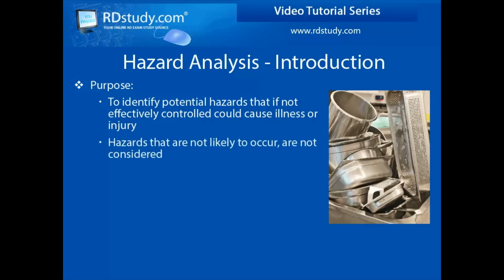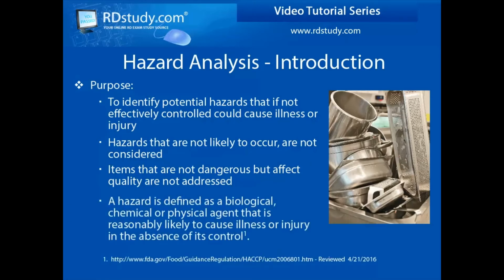These hazards must have a reasonable chance of occurring, otherwise they are no longer considered. Items that affect the quality of the food product but are not considered an element of contamination which could cause illness or injury are not considered a hazard and are not addressed. A hazard is any agent, whether biological, chemical, or physical, which, if not properly controlled, would likely cause illness or